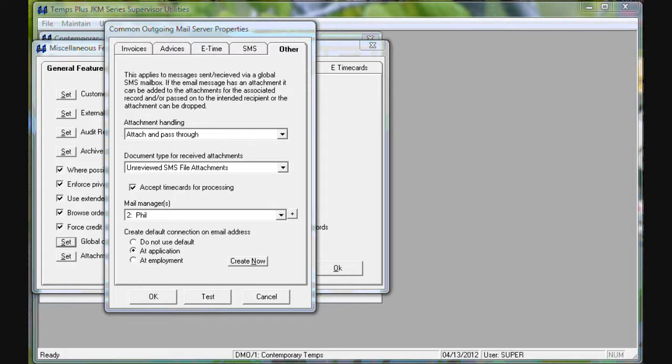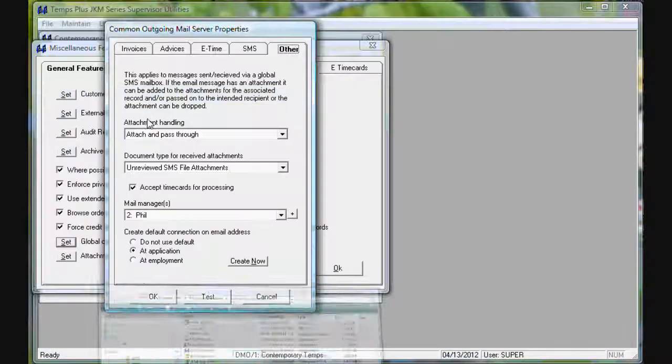But there's one last area that needs to be set up for retrieving that email, retrieving any email coming into that global mailbox and distributing it appropriately. That's handled through a program called Mail Proxy. It used to be called Resume Downloader. If you're currently using our online applications or online reports for customers and employees, then you're already using Resume Downloader, and the latest version of it will support retrieving and routing SMS and email messages. But the new program moving forward is something called Mail Proxy, and it's in your program folder,